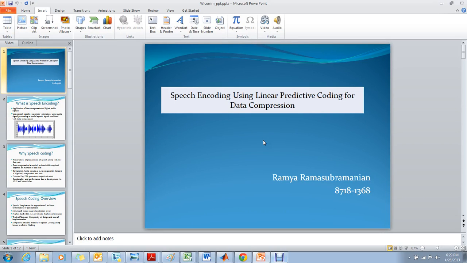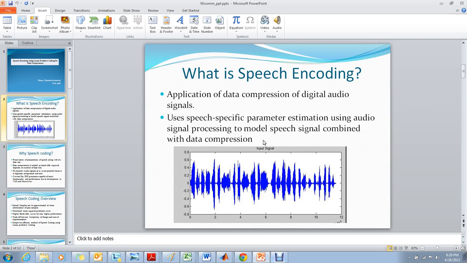Hi, this is Ramya. I'm currently enrolled in a wireless communication class, and I've taken my project title as speech encoding using linear predictive coding for data compression. What is speech encoding? Speech coding is a technique used for data compression of audio signals, that is, in digital